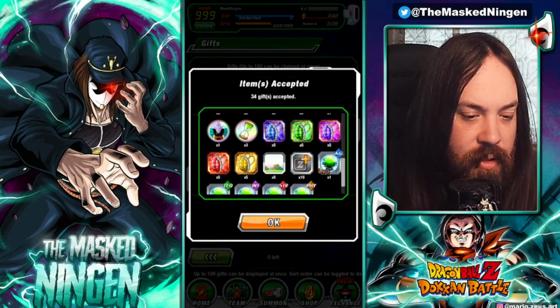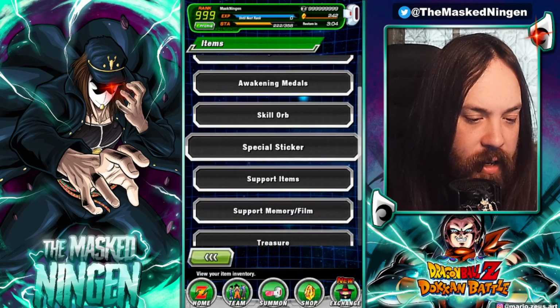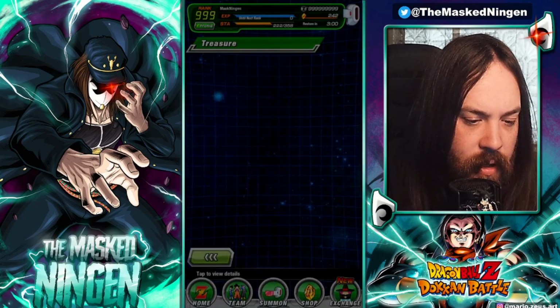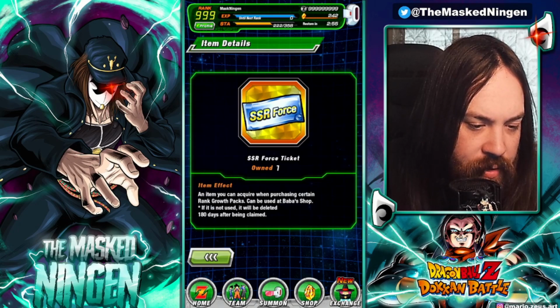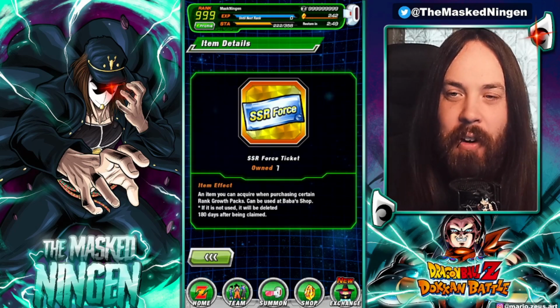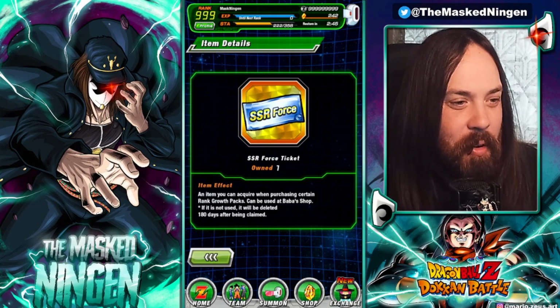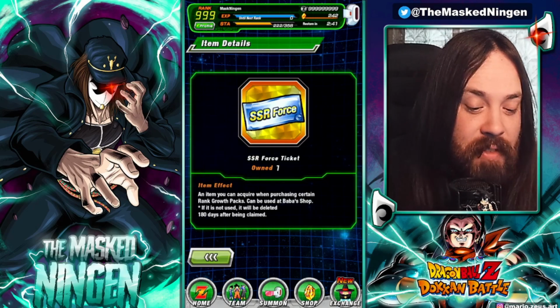So yeah, tons of stuff here, including the SSR Force ticket. So just to double check, is it in treasure? No. Oh wait, yeah, it is. So SSR Force ticket. If it's not used, it will be deleted 180 days after being claimed. So if you buy it now, you've got what? 6 months to use it? So quite a while. So technically you could hang on to this for 6 months if you really wanted to,